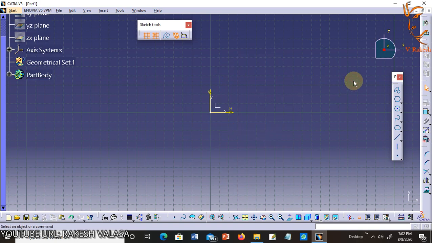Next one is drawing a center rectangle. The center rectangle is a rectangle where the center of the rectangle is specified. Now choose center rectangle from the predefined profile toolbar.